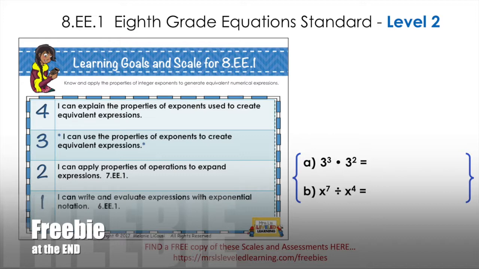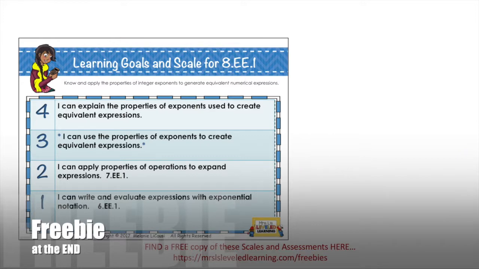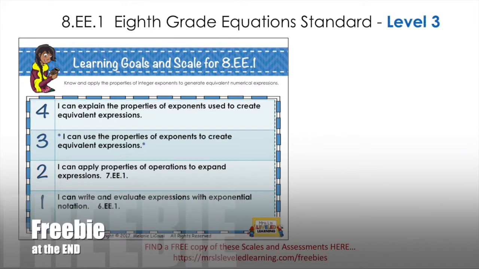Give this as a sample problem to your students and see who remembers what to do. This is a little simpler than what they'll be asked to do this year